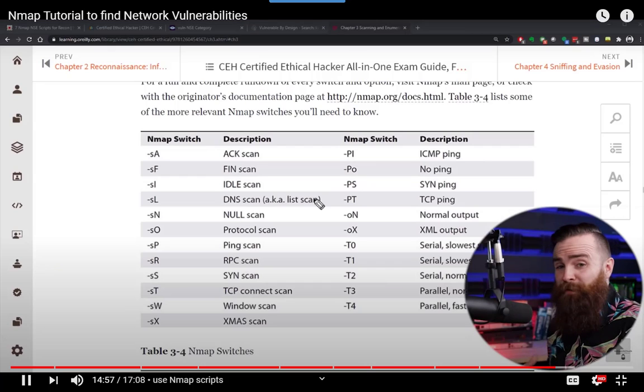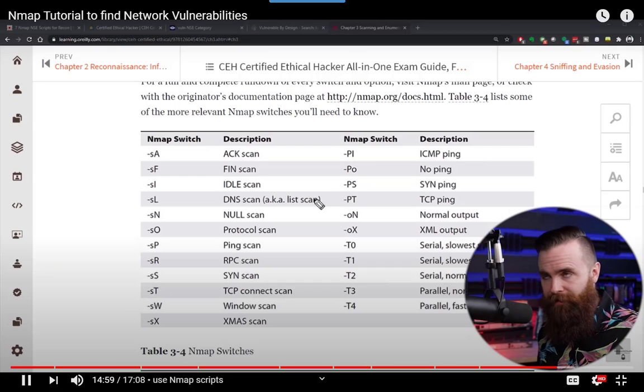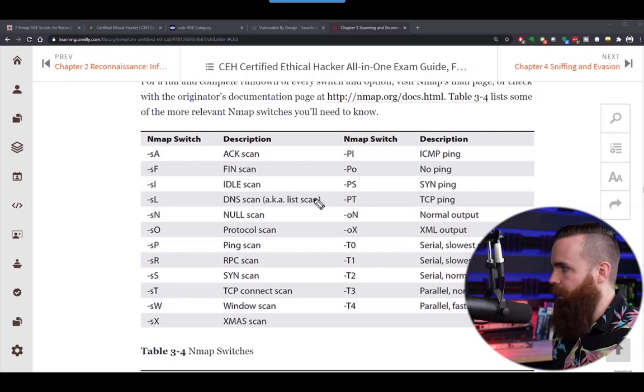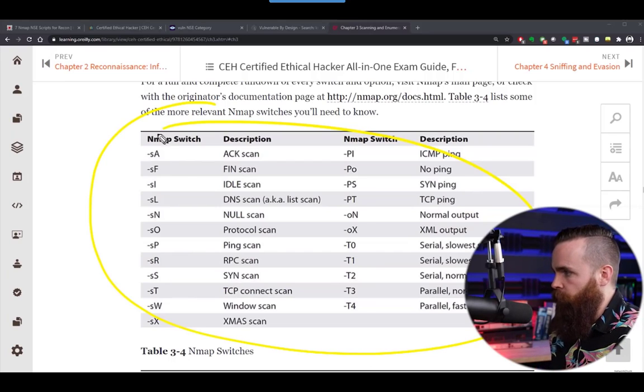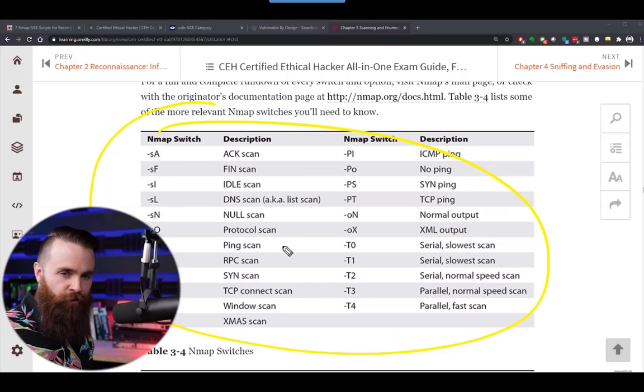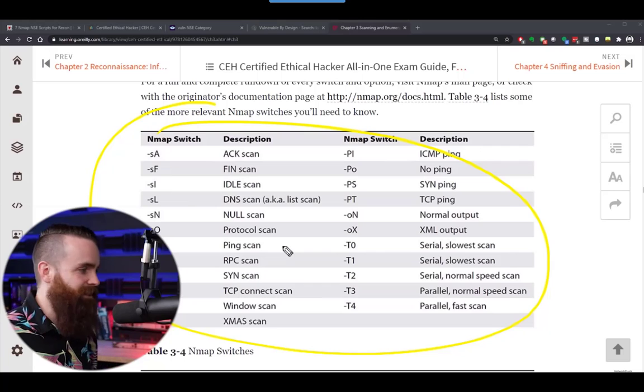Now, this was just a quick overview of Nmap and why it's amazing. If you want to become a hacker, if you want to get your CEH or any other hacking certification, you do need to become more familiar than what I just covered with Nmap. Here's some of the other switches you might want to learn. Put these on note cards, practice them, lab them, understand what they are, understand how networking works with these situations.